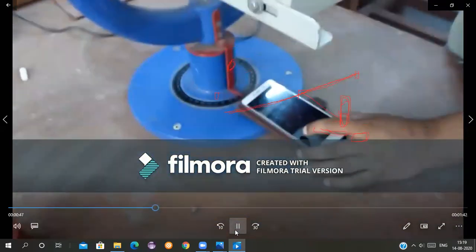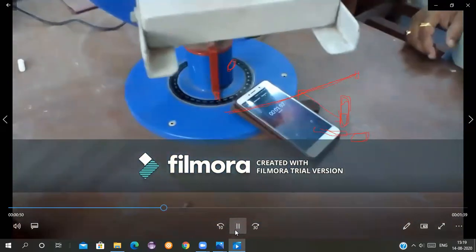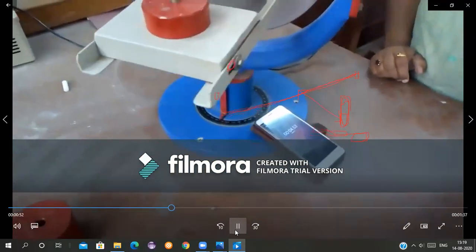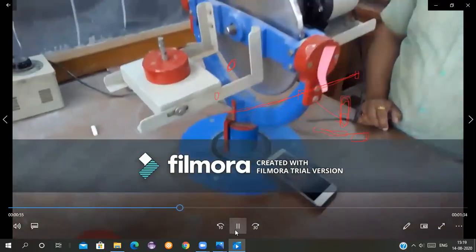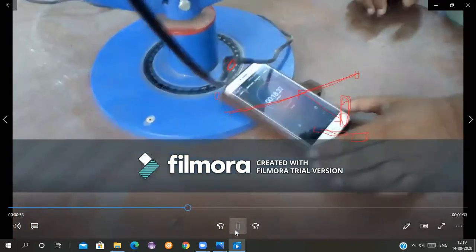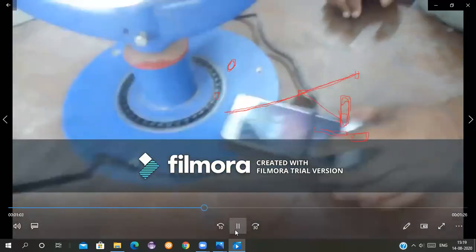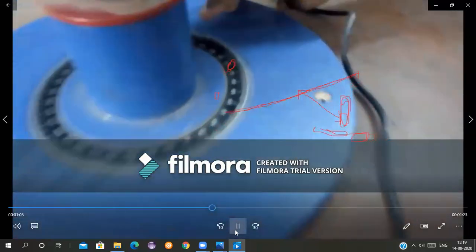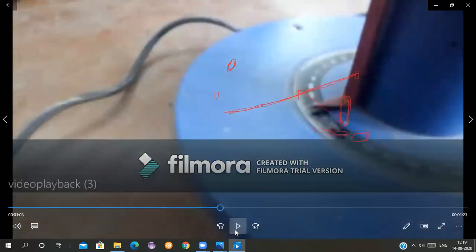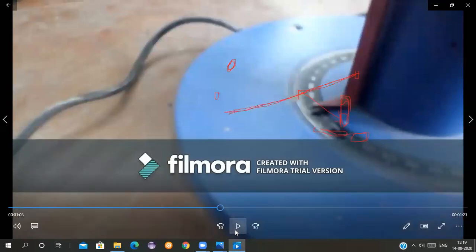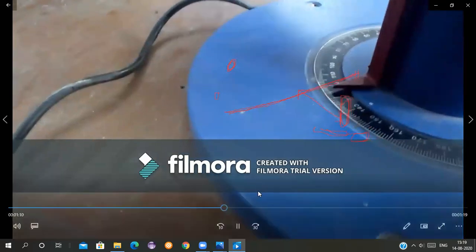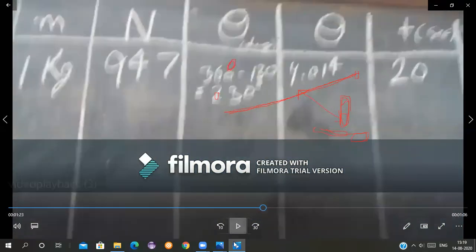About 1 kg weight is added, you start the stopwatch, and we can measure for 20 seconds how much is the rotation, then we can stop it. So in 20 seconds it is, let's say, 100 degrees or something, so we will get the angular velocity of precession as theta upon time. Angular velocity of precession is the angle made upon time. That is another reading which we get from here.